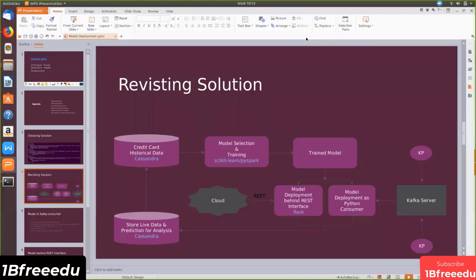Now let's revisit the solution which you have designed and the components you have built so far. We had our CSV file which consisted of transaction records, and we used our Cassandra class to write those records into Cassandra. We then read those records from Cassandra using another module. After that, we had our model class, which trained different models, and eventually we found the best model. Now time has come to deploy them. So we have chosen model 3 and we want to deploy it.